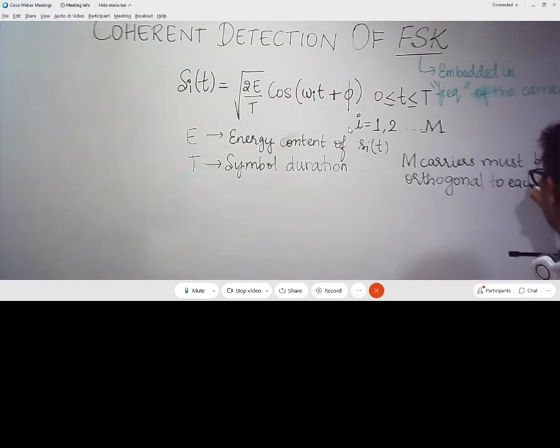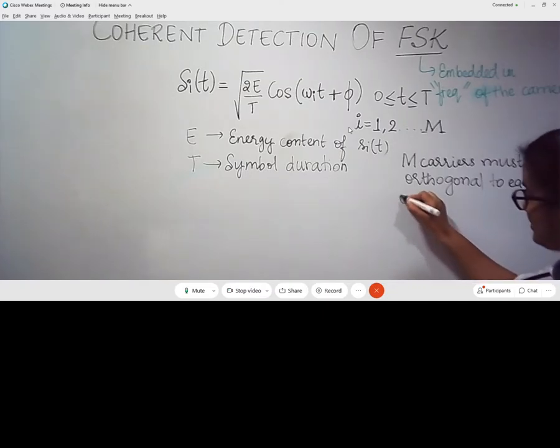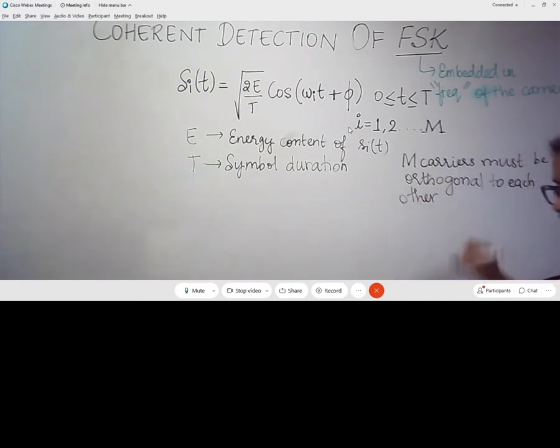Why? Because if they are not orthogonal, then whatever symbol I send on the transmitter side, it will be ambiguous whether the transmitted symbol is S1, S2 or S3. If they are not orthogonal, I can express one symbol by making use of another symbol. So there will be some replicas within the symbols themselves, and in the transmission itself there will be a lot of confusion.